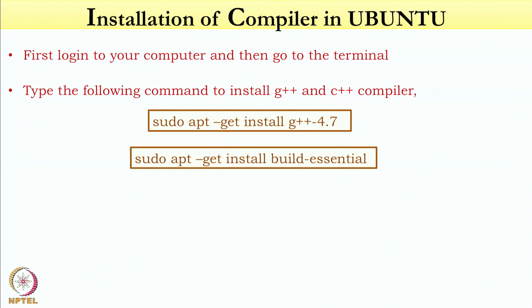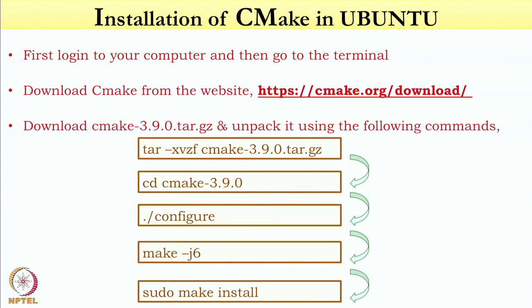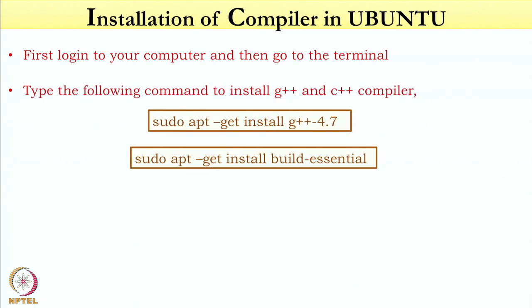Is it possible that Linux itself has a G++? Yeah, it's possible. If it already has G++, it will just show that the latest version is already installed. If you do it, will it reinstall on top of the old one? Yeah, if an older version is installed, it will reinstall an updated version. And the next one is what? Next one, it will just update all the software that is installed.